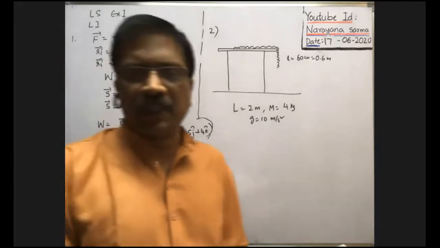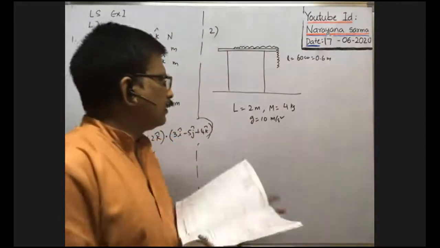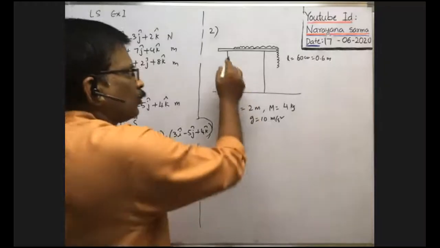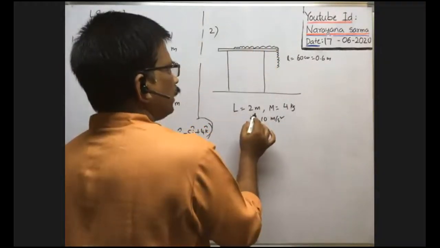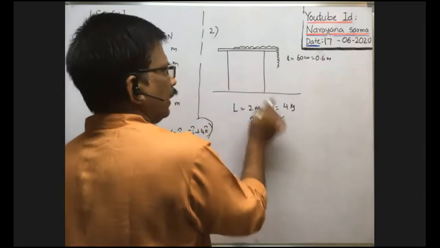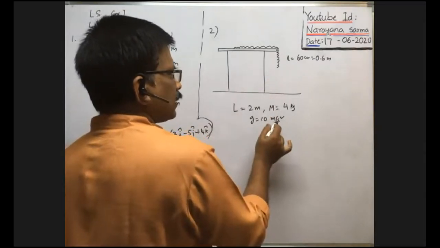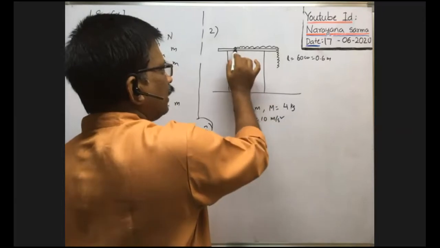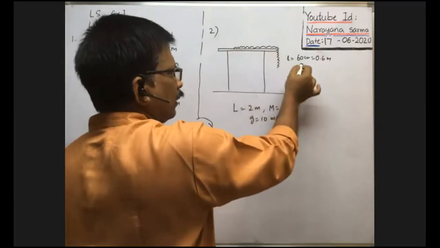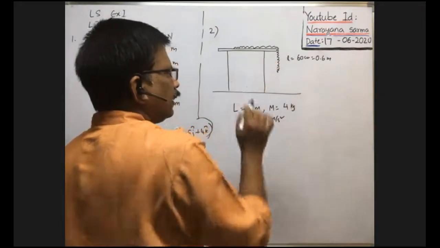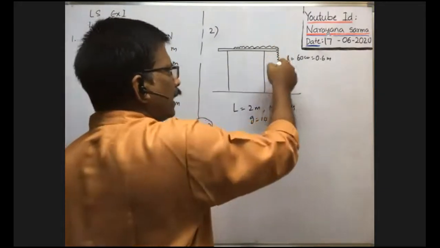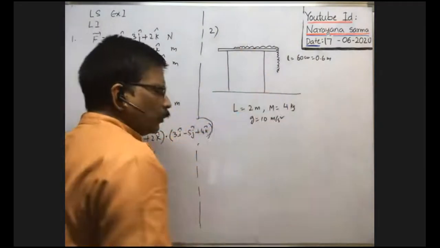Okay, Vamshi Krishna. Right. Next, here you see the total length of the chain. All of you look at the board. The total length of the chain is 2 meter and its mass is 4 kg. At that place, acceleration due to gravity is 10 meter per second square. Now the chain is kept on a smooth table so that 60 centimeter length of the chain is hanging from the edge of the table. In order to pull this hanging part totally onto the table, what is the amount of work to be done?